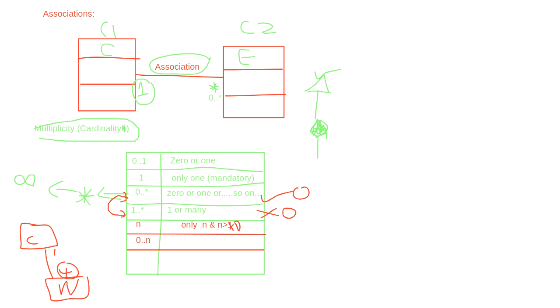If instead of 4, generally you see a car has how many tires? 4 tires. Okay, so 4 is mandatory. So I can write 4 dot dot 6. If I write this, it means a car must have 4 or 5 or 6, not 7 nor 3. That is the meaning. So it means the range. It can have 4 or 5 or 6, but not less than this, not greater than this.